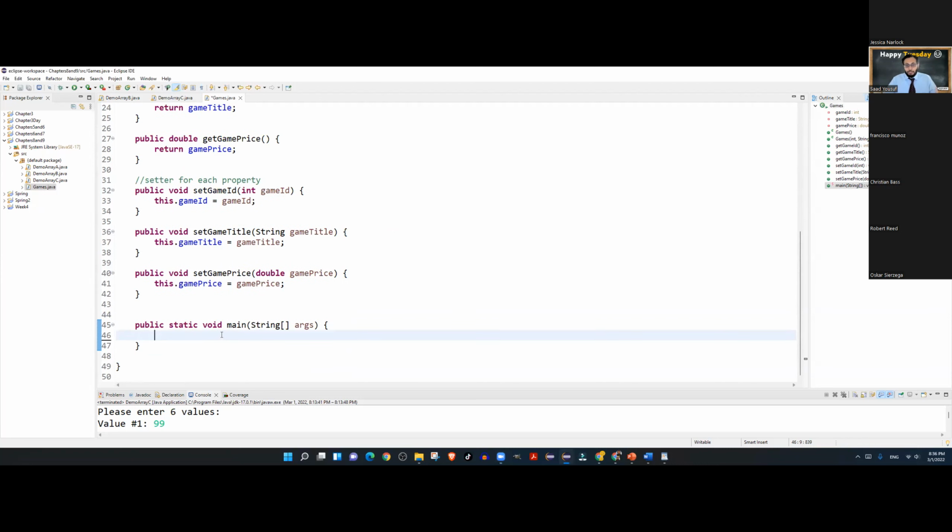So I told you that when you come back, we will be starting with the main. As we start with the main, we now want to create an array of objects as opposed to creating individual objects. That will be our focal point.